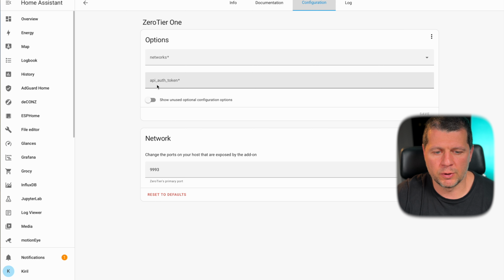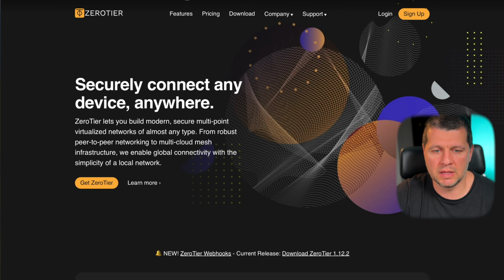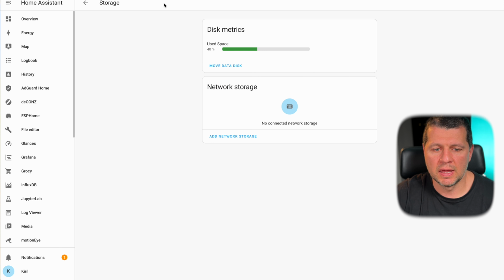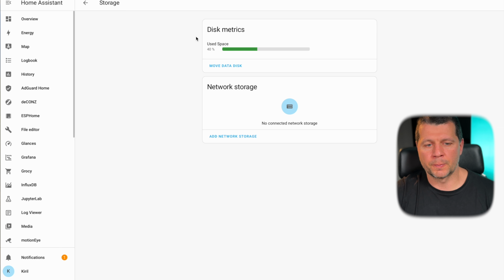From what I see here, some API token should be pasted here as well, again probably from the account somewhere. And after that, this Home Assistant device will be shown in this ZeroTier network, and by using ZeroTier clients that